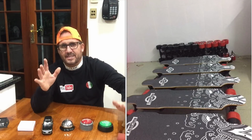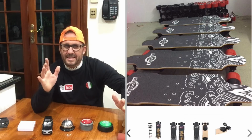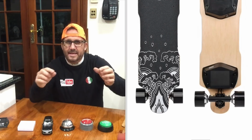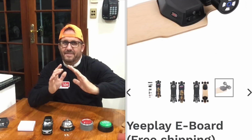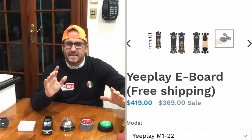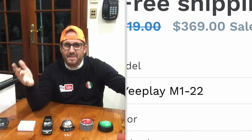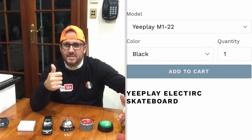Now, this is a nice looking deck. It's like a land yacht. It's a really, really sexy looking deck. It's got those big scalloped out little niches, so if you slide your foot down, you're going to actually hit that. Just a really nice design. I like it. Being a surfer, I'm used to a big board under me, a big piece of real estate. I love this deck. Top speed 38 kilometers an hour for both the